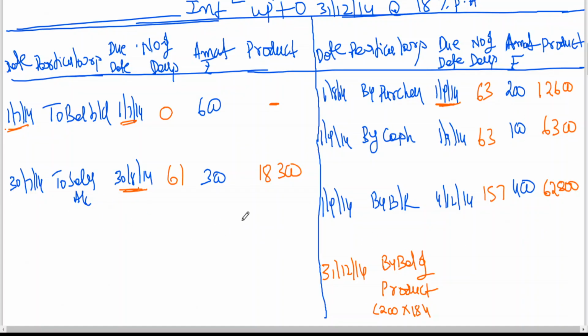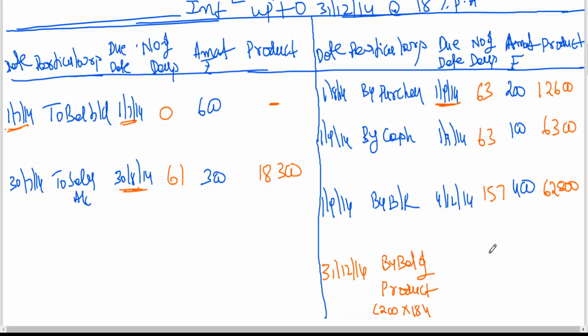After finishing this, what is the step you should do? Compare the amount debit side with credit side. In this case, debit side is showing more, credit side is showing less. That is 200 rupees we are getting. 200 rupees into 184 days, how are you getting? From 1st July 2014 to 31st December, 184 days. Suppose if credit side is 900, debit side is 700, you write to balance of product, 200 into 184 days, you will be writing here.